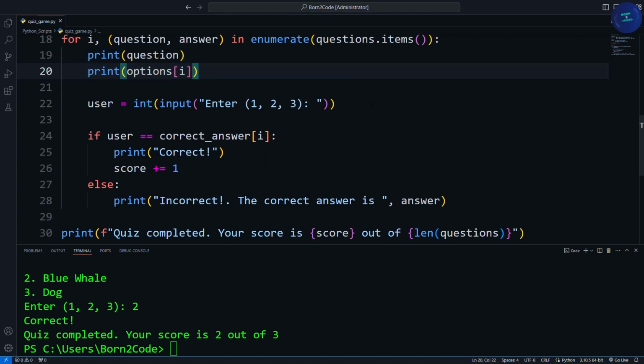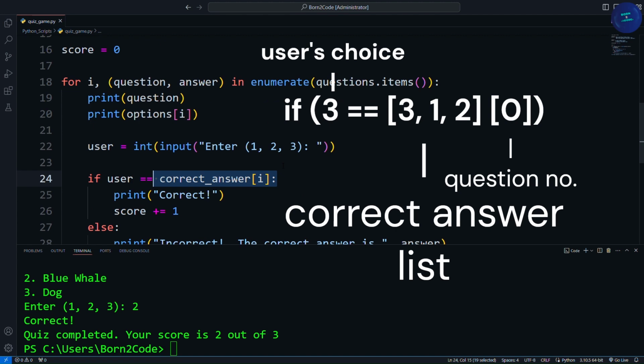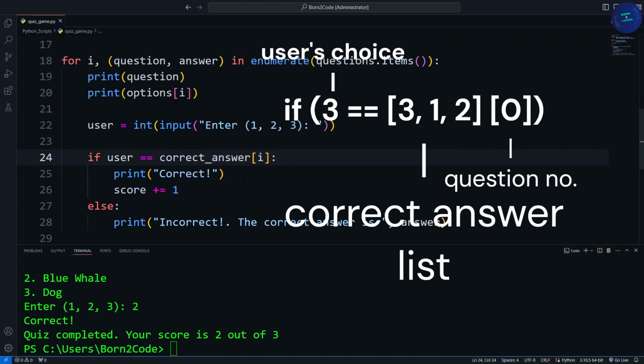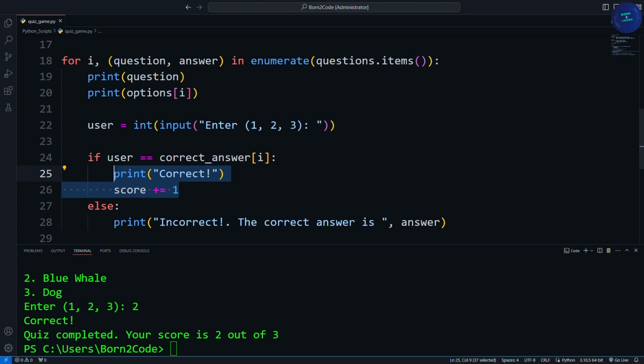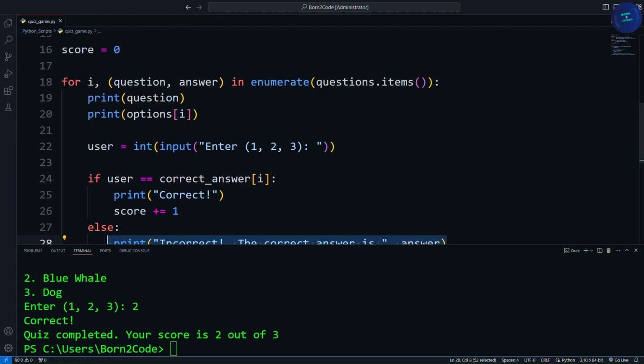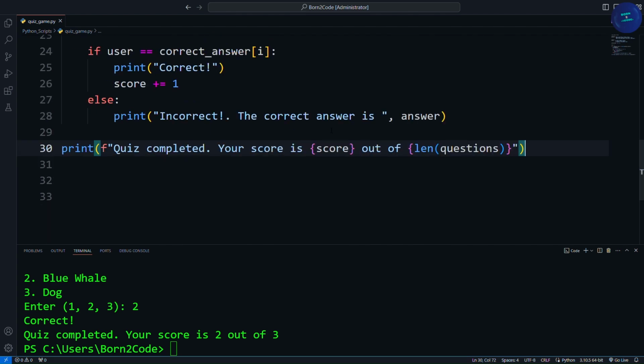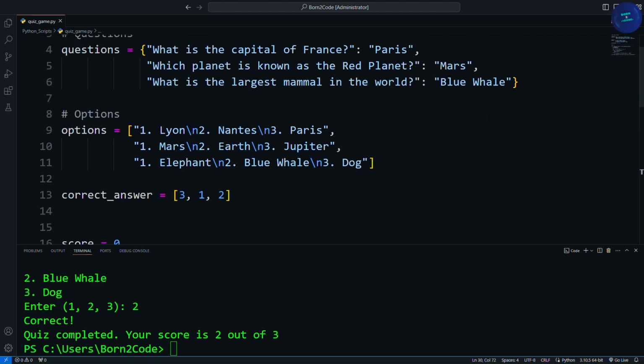The user is prompted to input their answer by selecting an option number 1, 2, or 3. The user's input is compared to the correct answer index for the current question. If the user's answer matches the correct answer, it means the answer is correct, and the score is incremented by 1. Otherwise, the answer is incorrect, and the correct answer along with a message incorrect is displayed. After all questions have been answered, the program prints the user's score out of the total number of questions. Overall, this code allows users to take a multiple-choice quiz, provides immediate feedback on their answers, and displays their final